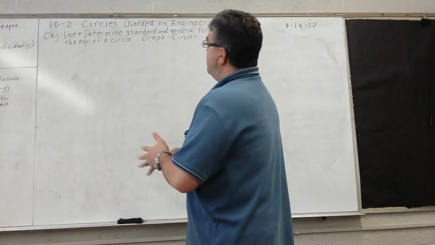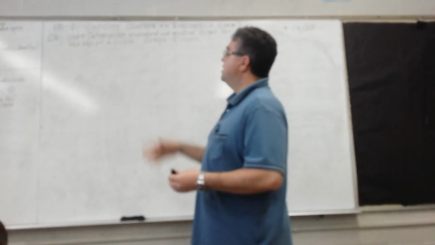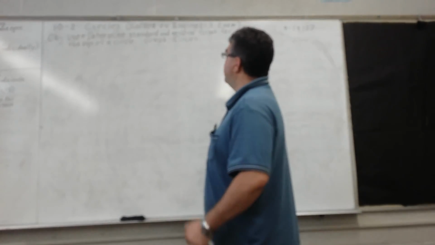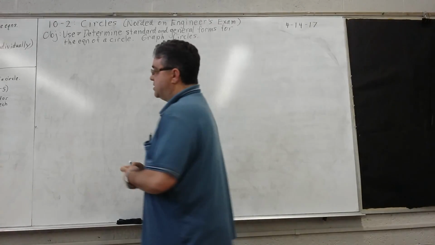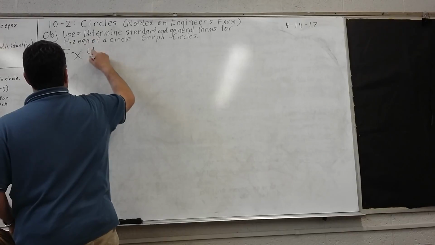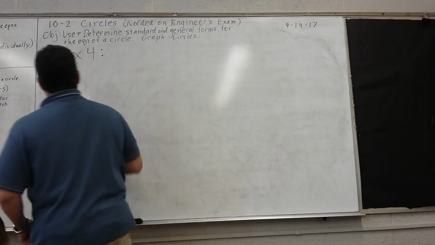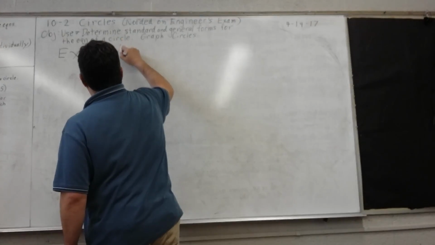All right, so we're still doing 10-2 circles. Our objective is still to use and determine standard and general forms for the equation of a circle and graph circles. And let's get to our one last example, example 4, which is to write